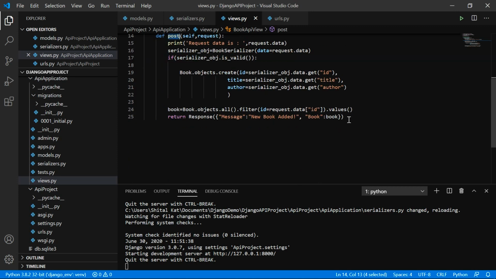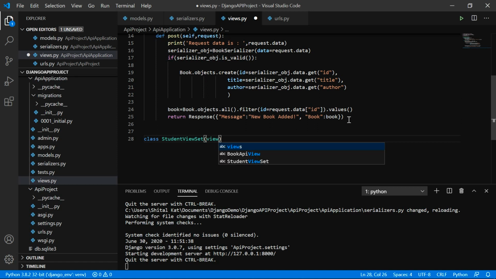In view.py, we will create a class which will extend the ModelViewSet class. And we'll import this view set.